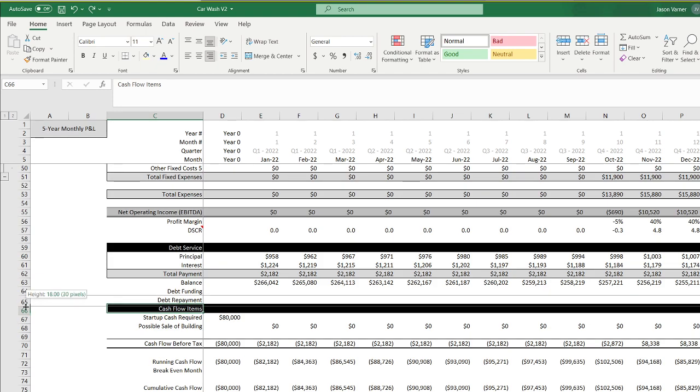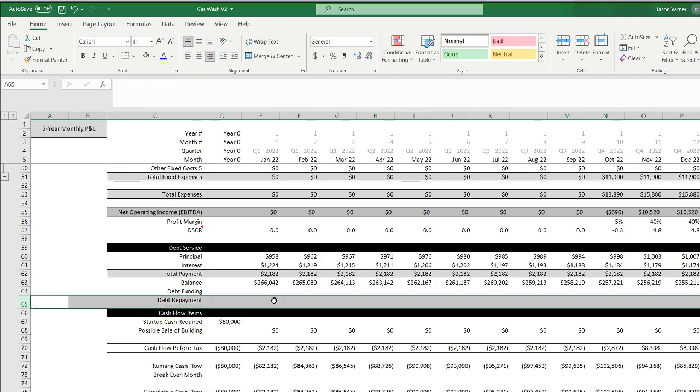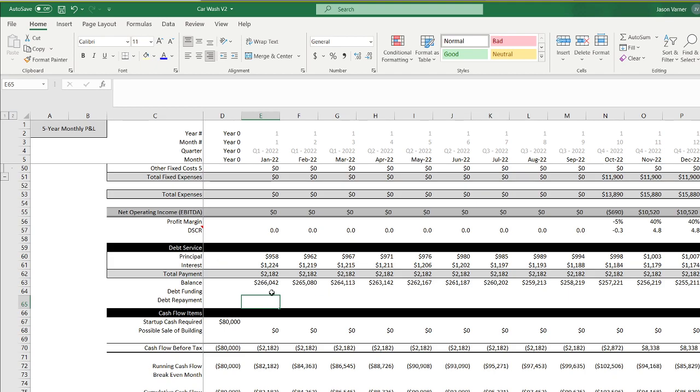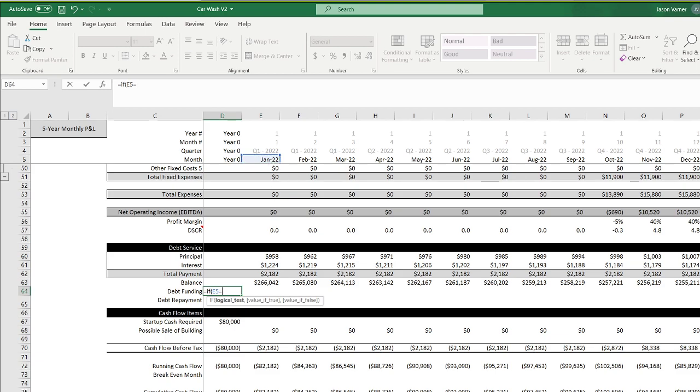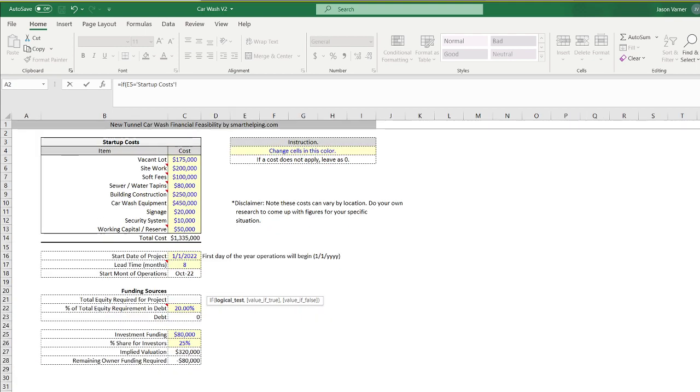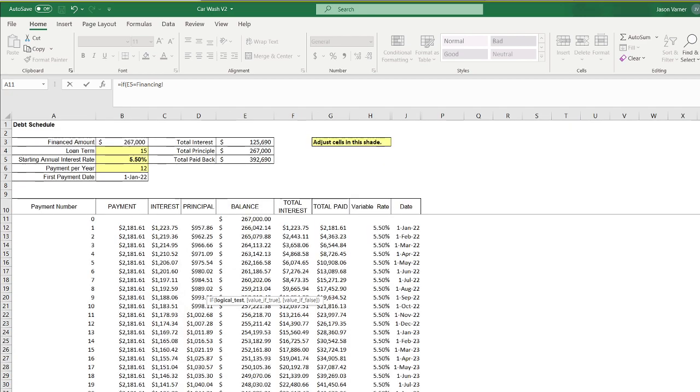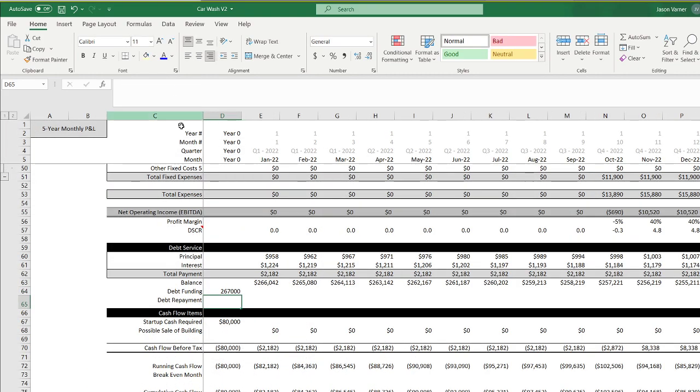Let's make this box a little bit further down and put these up. All right, so debt funding is going to be if this equals, what's this? Then this. And we have to make sure. So now,